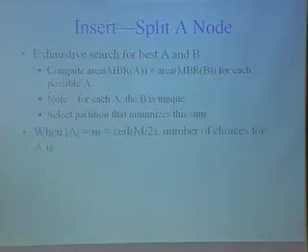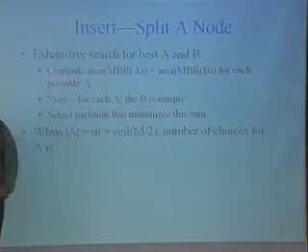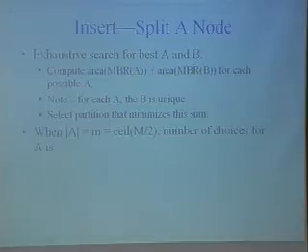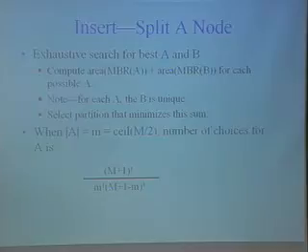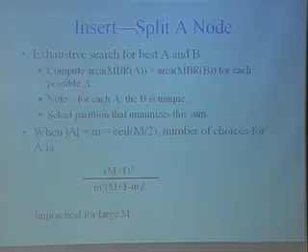If you're looking only at A's that have exactly m, the minimum number in them, then you've got to wrestle with that many choices, the number of ways you can choose m items out of M plus 1. Now, if you're dealing with small degrees, that's not too bad, but if you're dealing with large degrees,